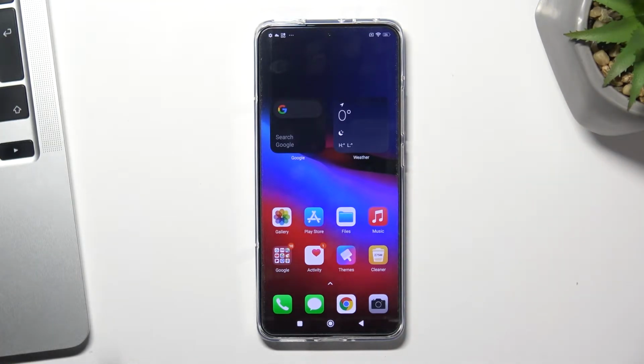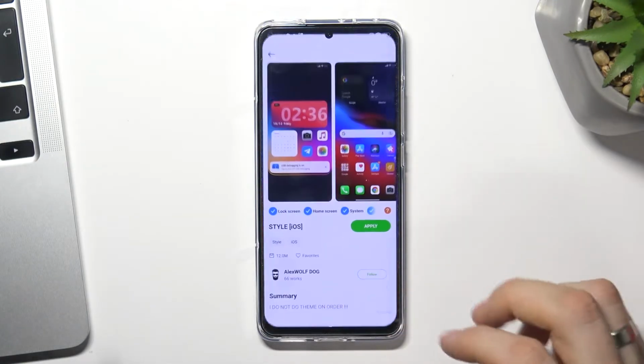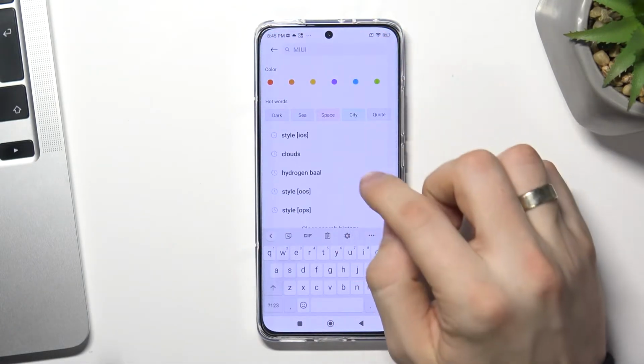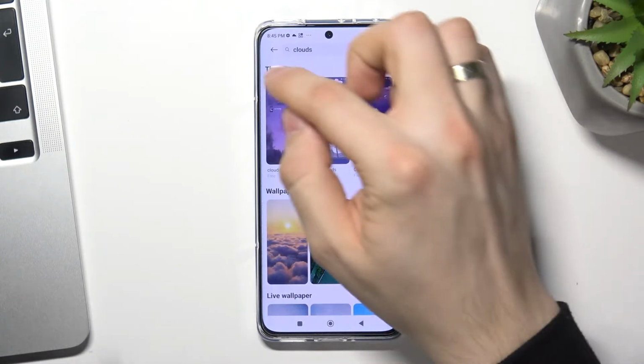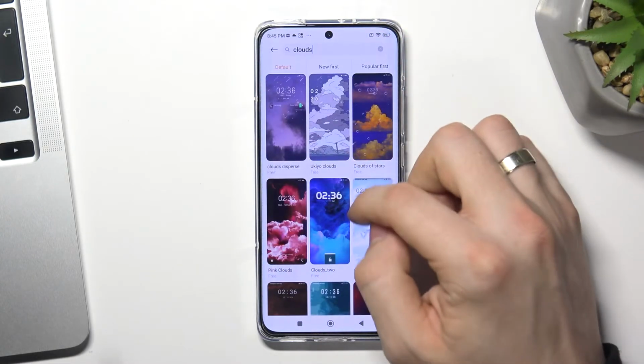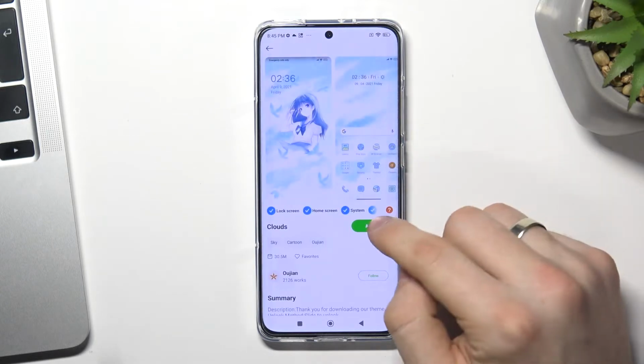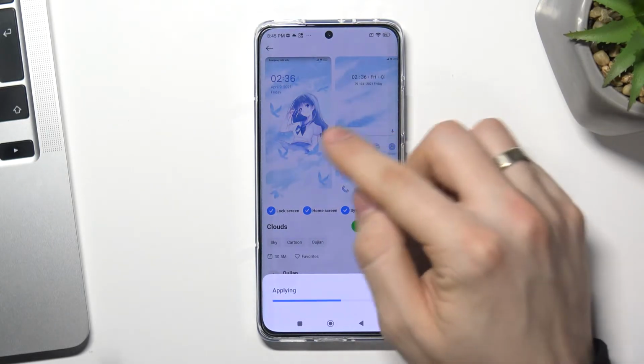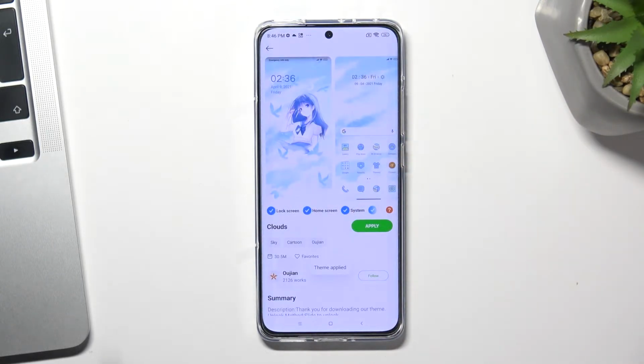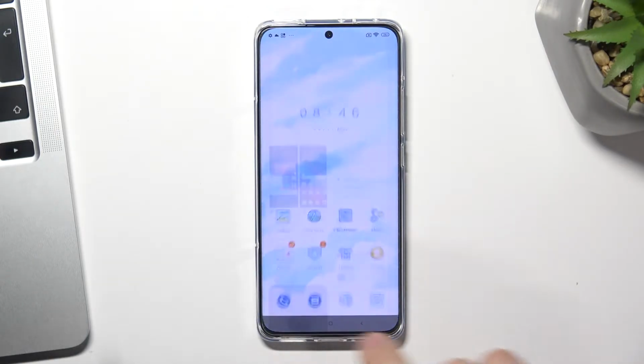So in second place is Clouds theme. To install the theme, open Theme Store and find Clouds. Click on the theme section and scroll down, click Clouds and click Apply. Yeah, this theme with anime style girl. So go back to the home screen,